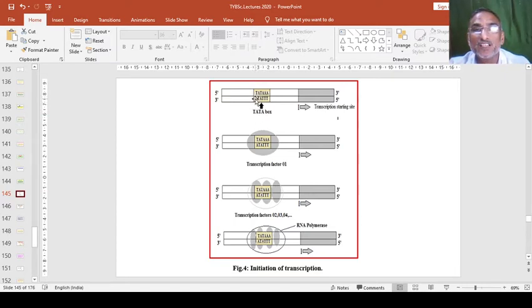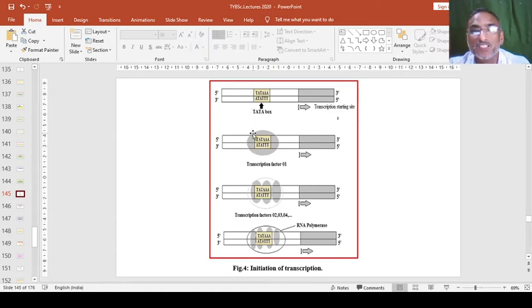So T is combining with A, that is, thymine is pairing with adenine. The upper adenine is pairing with thymine, and all three adenines are pairing with all three thymines. This is the way. Therefore, this is called the TATA site, because the beginning has TATA at the promoter site, with 5' to 3' on the upper strand and 3' to 5' on the lower. This is the structure of the strand and the transcription starting site. From here the transcription starts. Therefore, this is called the TATA box after the promoter site.